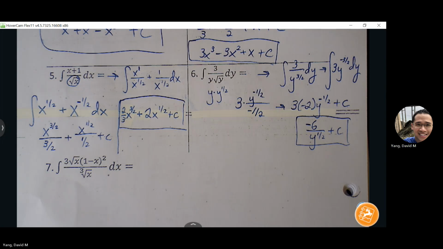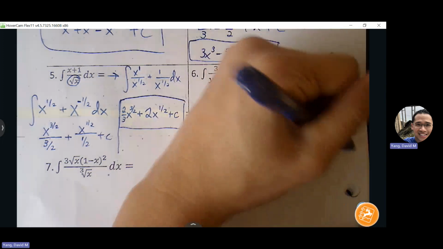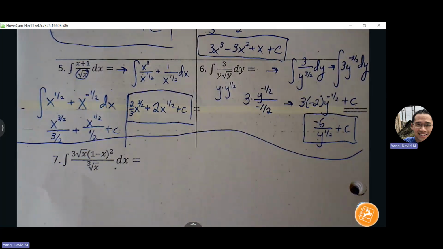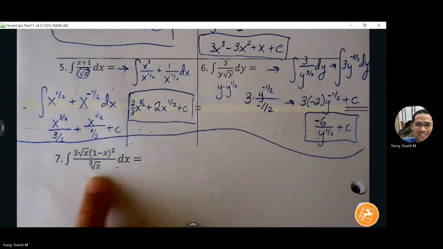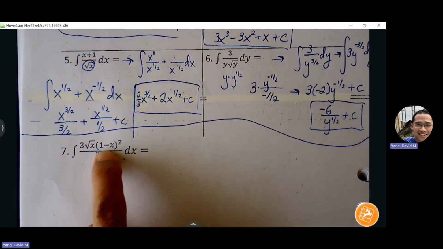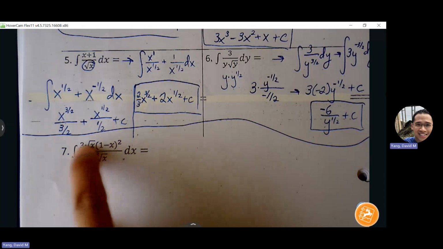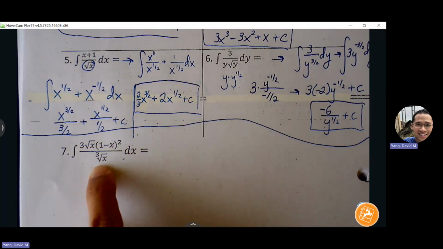Okay. I think we're ready for number 7. 7 is the messiest in terms of the cleanup. And we verbalize what we want to do before we actually do it. What would you? Yeah, you would expand that 1 minus x squared, FOIL that out first, and then convert your radicals to rational exponents, distribute, clean up all this mess, and then dividing by a fraction, we're going to split